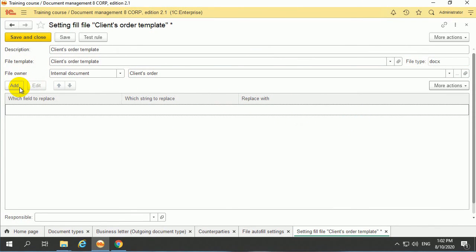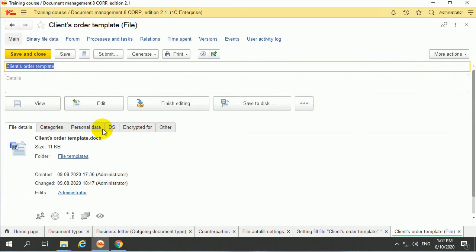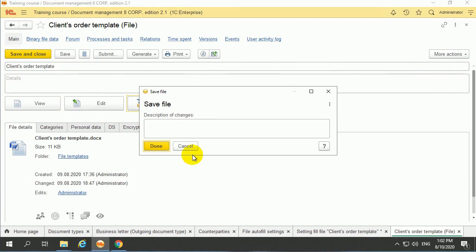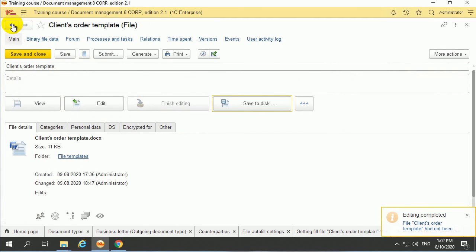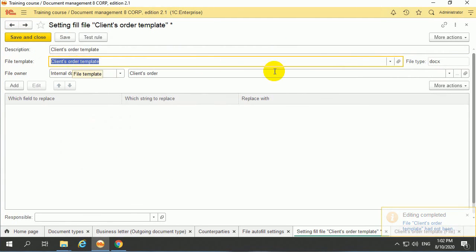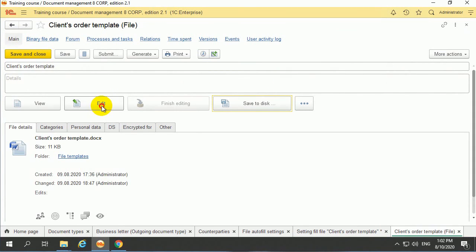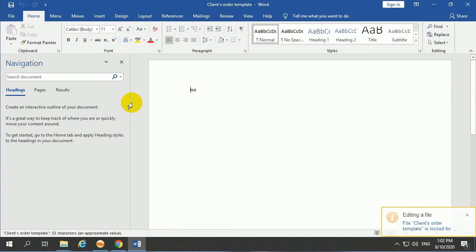And let's add some text fields for the document. We need to open our client's order template, open the form of the file, and press edit. For adding the text field, we need to